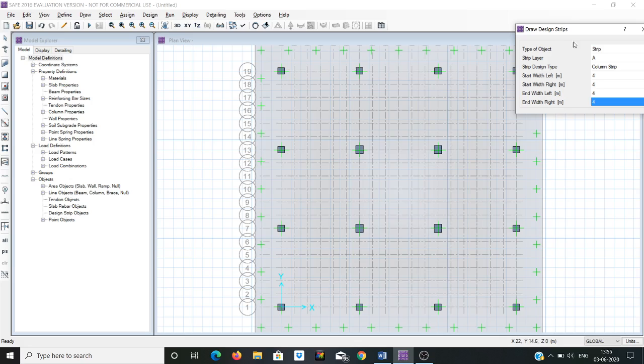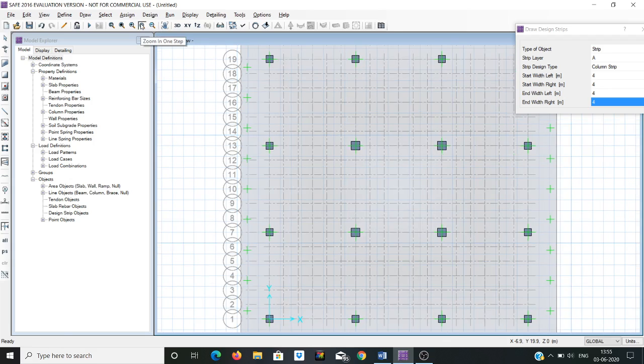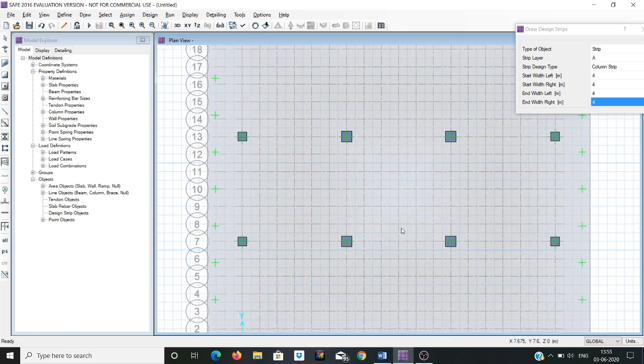Now, these are the draw design strips. Strip A, start with 4, 4, 4. Then click on draw design strips here. Then we have to select these points. We will increase the size. Okay,